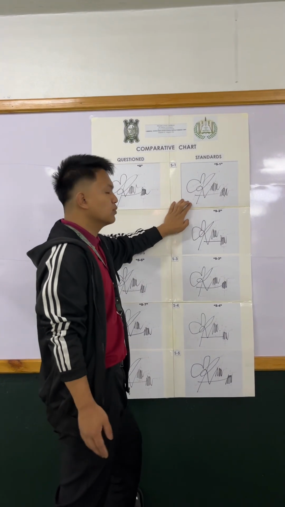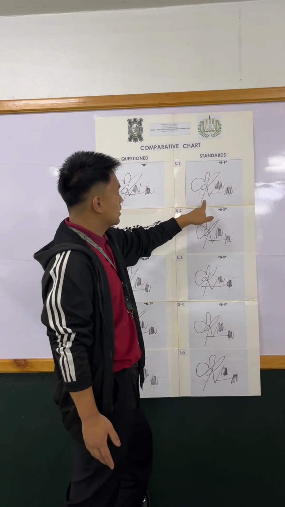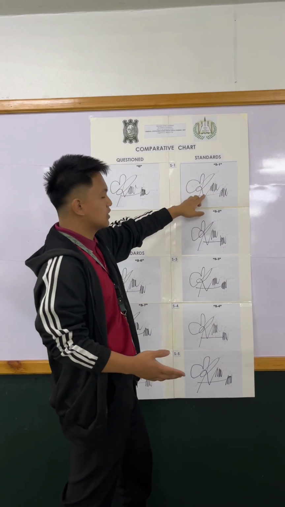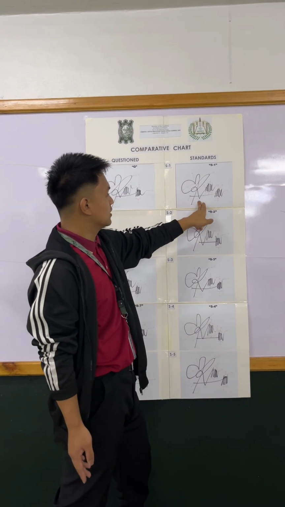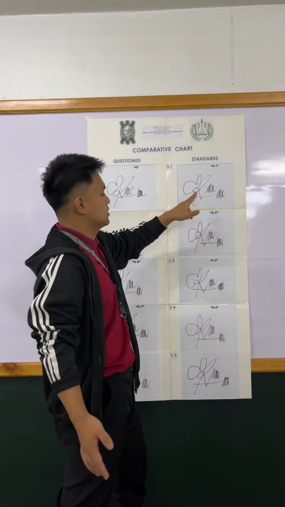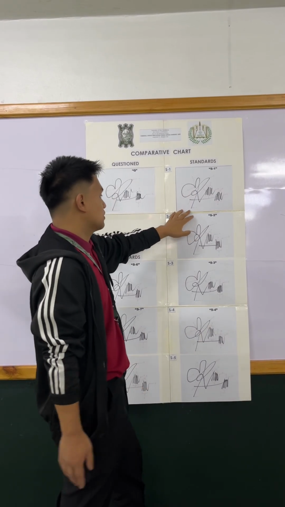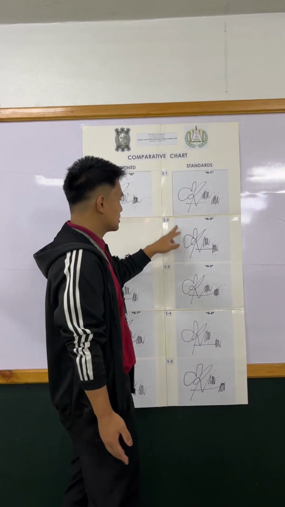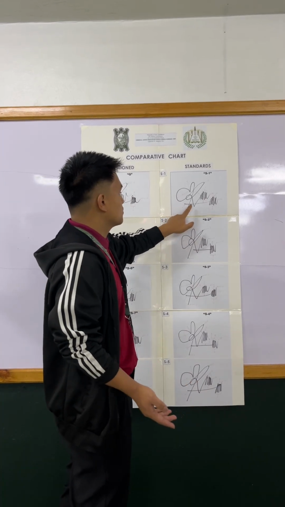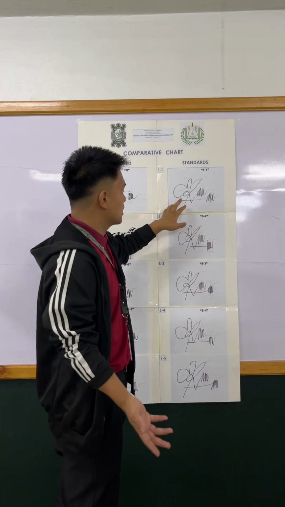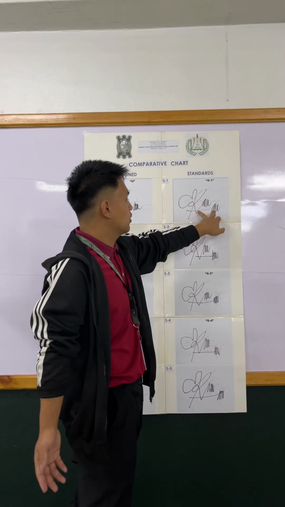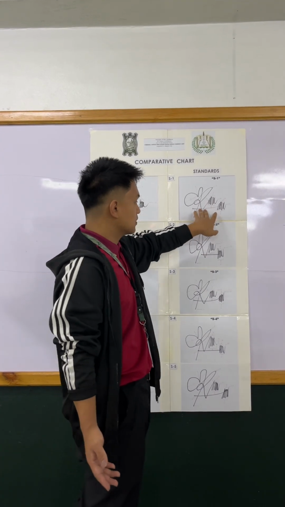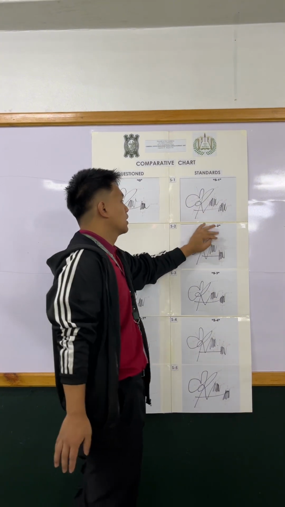Here in S1, the movement is fast due to the signs in which the consistency of the thickness of every stroke is different. So there are parts that are thin, there are parts that are thick. So it depends. Next is the line quality. The line quality is poor since there is no consistency in terms of the stroke, the thinness, the thickness, and also there are fades almost forming a pen jump. But it appears only to be faded.